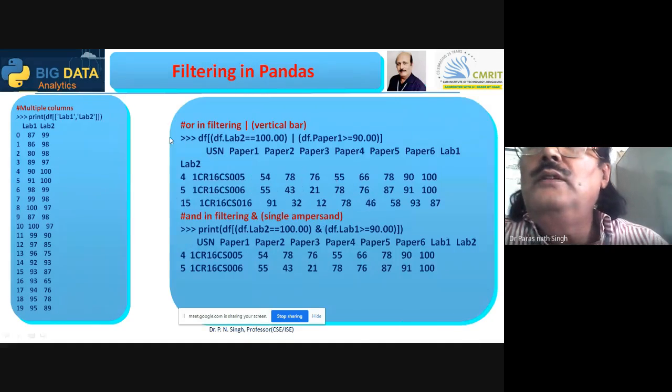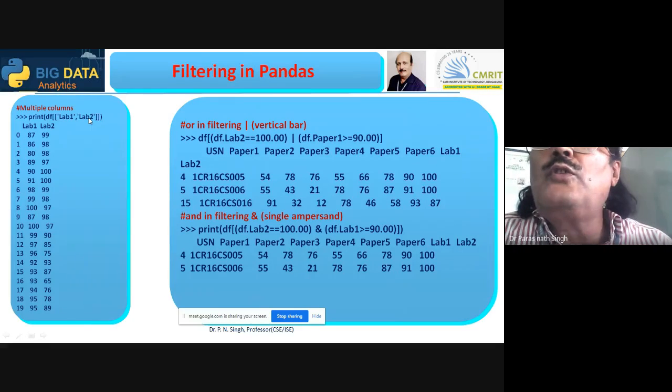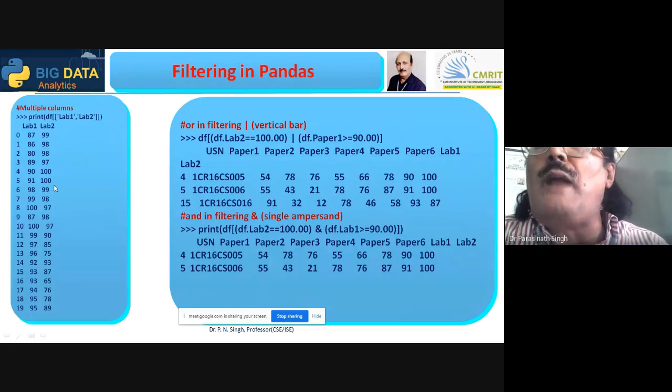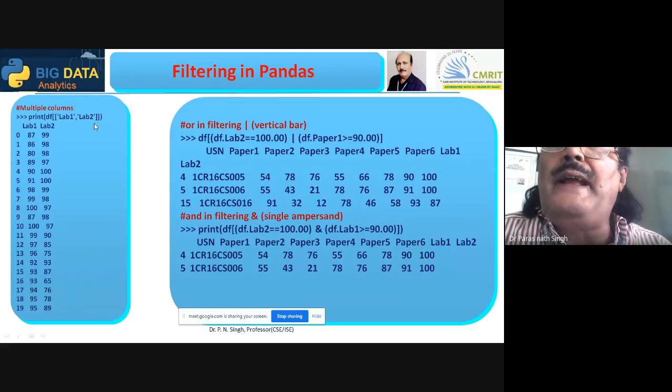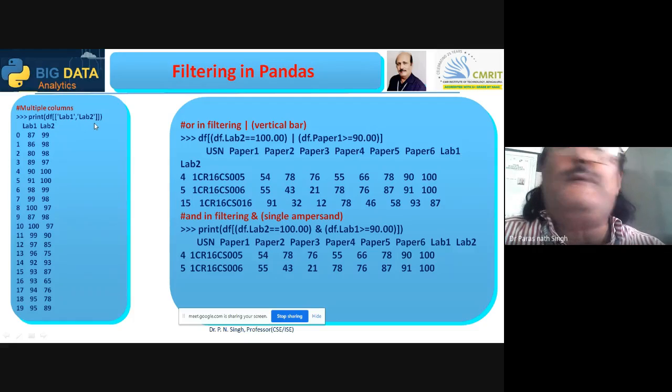Now, again I am telling here that see here, double square bracket df is given here, lab1 lab2. So it will display the list within the list because the 2 marks you are displaying, a square bracket represents the list. So both the lab marks will be displayed. It was not like df.lab1 and df.lab2.